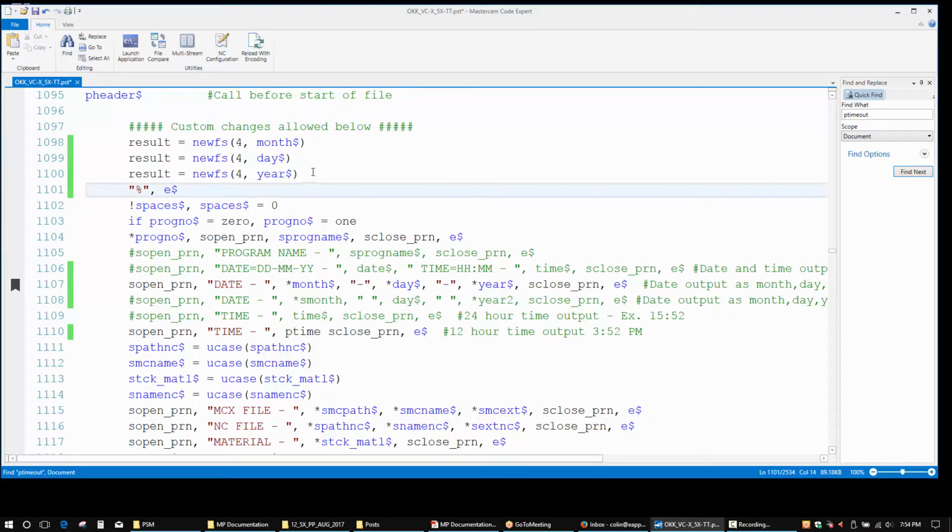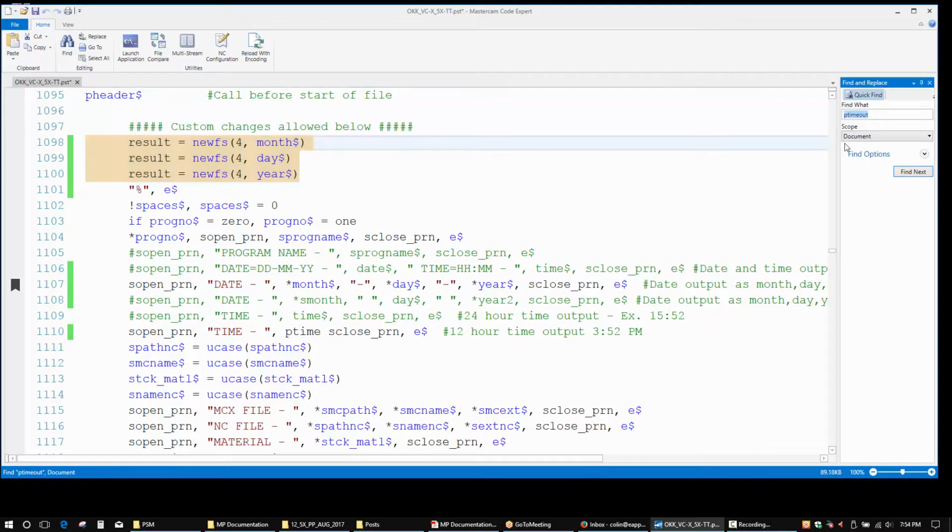And I think in general, if you assign something a new FS, you want to set it back to the original. And we do this with dwell all the time. Okay, so if we look at